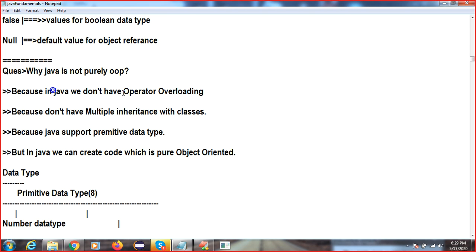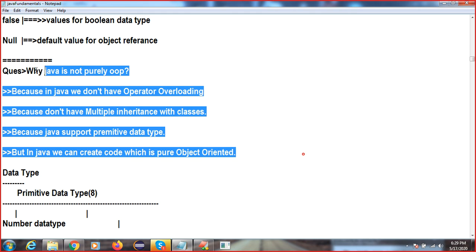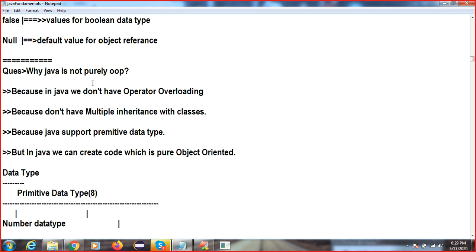These are things you may not understand yet: what is overloading, what inheritance Java supports. You can understand the primitive data types, int, float, double, and all. These primitive data types we use here exist because Java is not purely OOP. But we can develop our code which is purely object oriented. So this is the question, and you can give the answer like that.